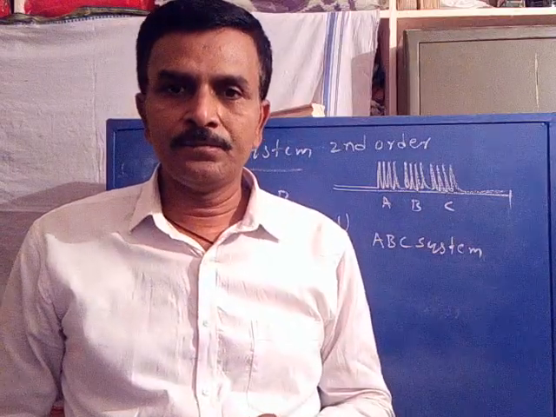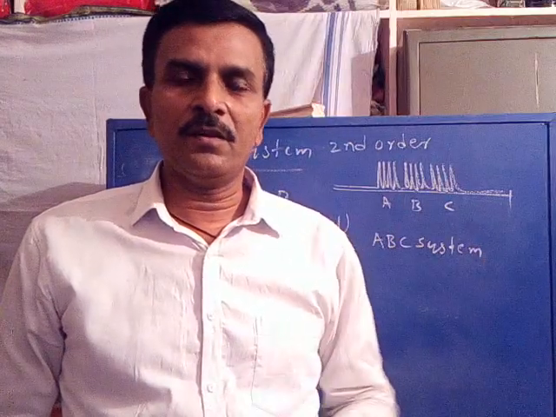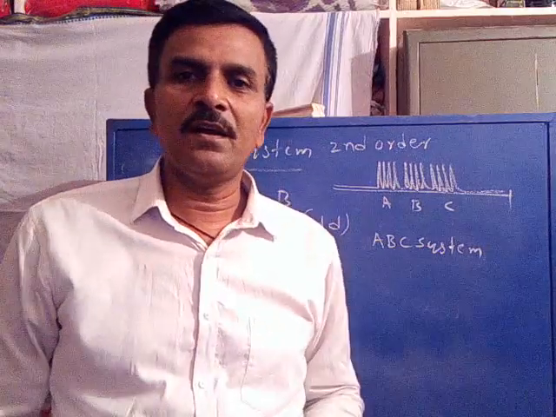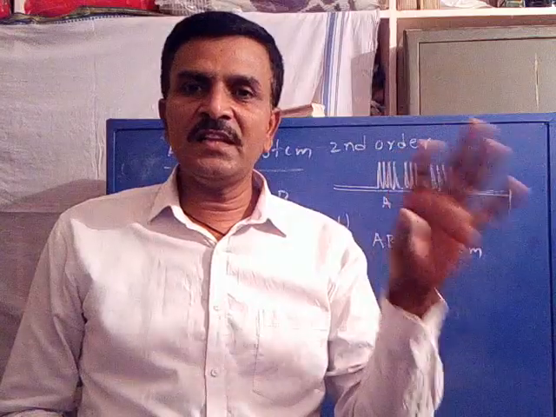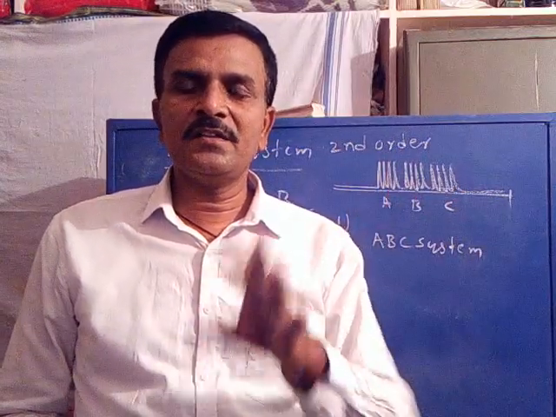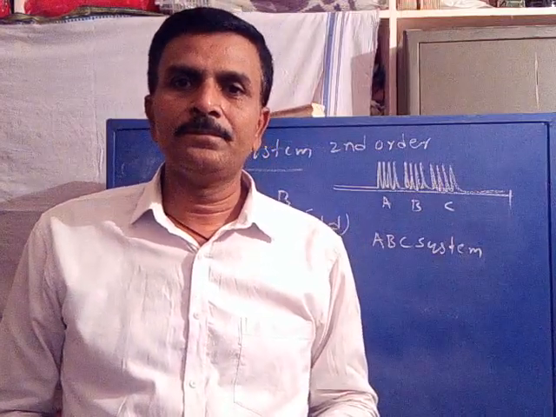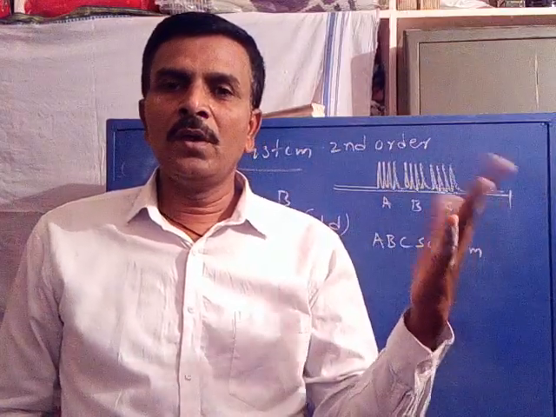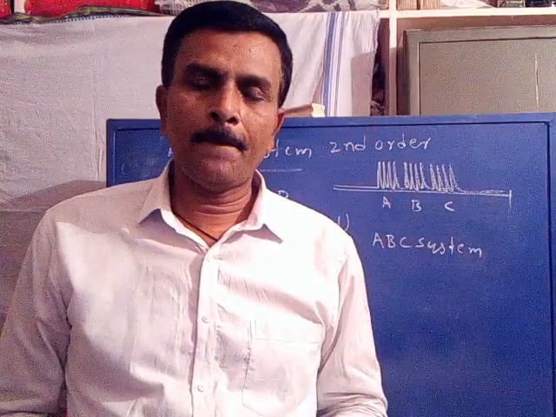Simply you remember, when there is an X letter, that comes under first order. When there is a B letter, that comes under second order. A system consisting of X letter comes under first order. A system consisting of B letter comes under second order. Is it clear? Now for first order, you show the signal according to the n+1 rule, and you show the multiplicity of the signal according to Pascal triangle.